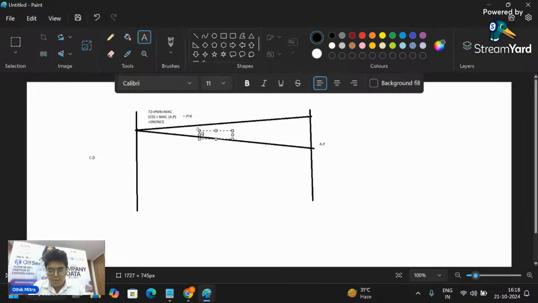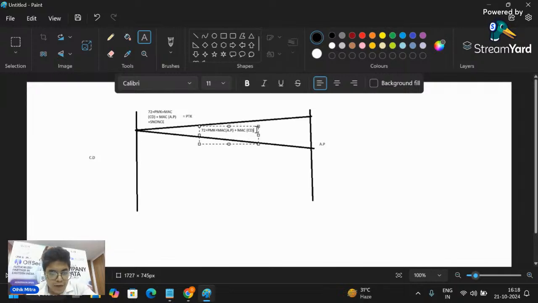It has the ANonce, that is 72, plus the PMK by default present, then the MAC of its own, the MAC of the access point, plus the MAC of the client device.